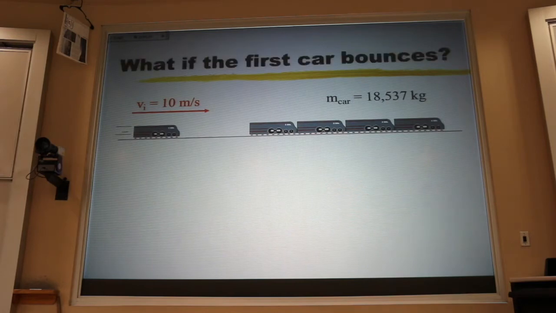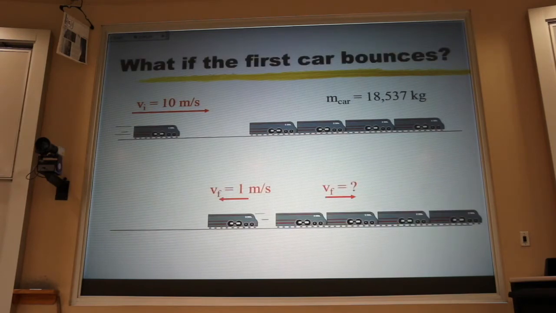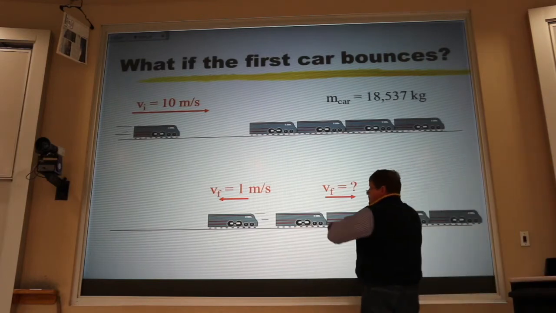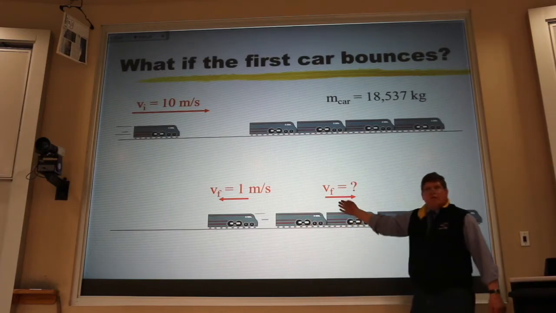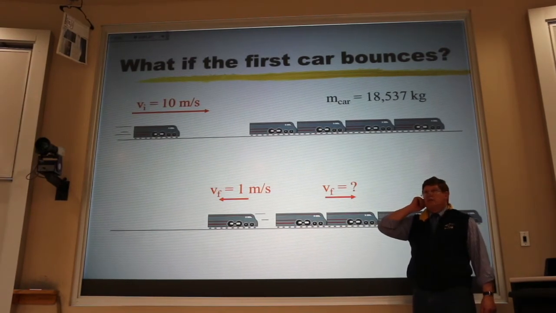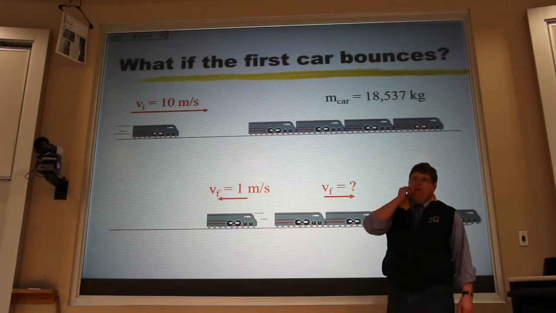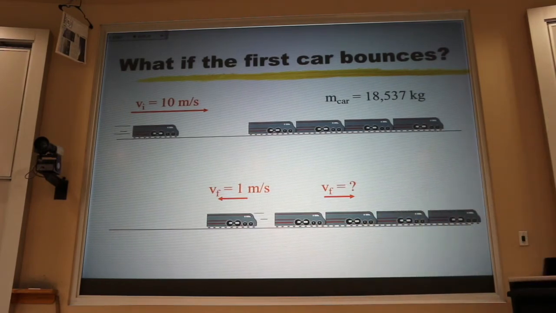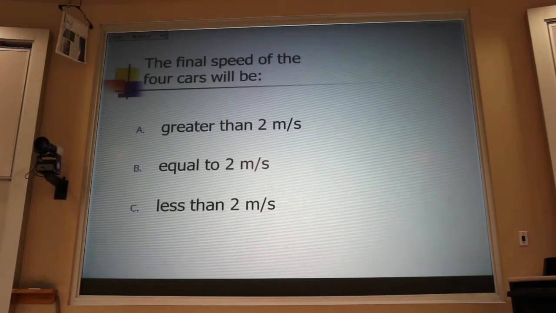Now, what if the first car bounces? If it, instead of linking, it bounces, will this final velocity be greater than 2, equal to 2, or less than 2? Remember, it was 2 if it links. Will these 4 cars be going faster, the same, or slower? With your clicker,